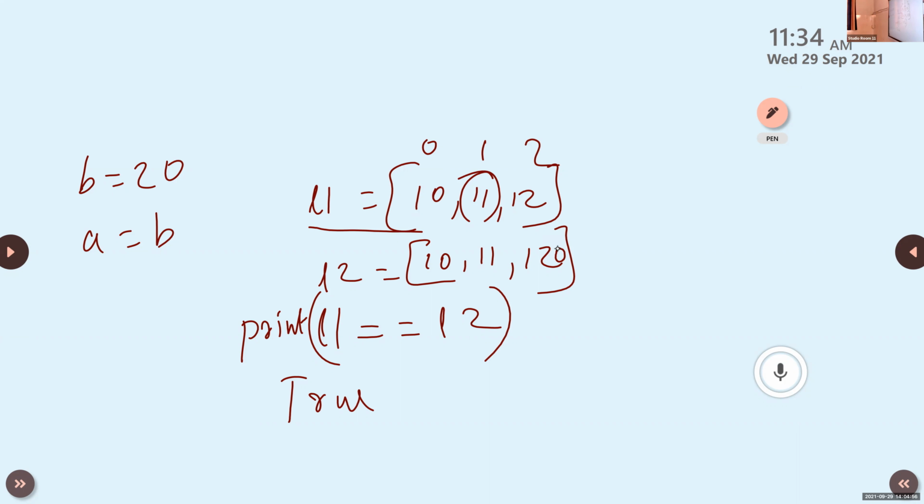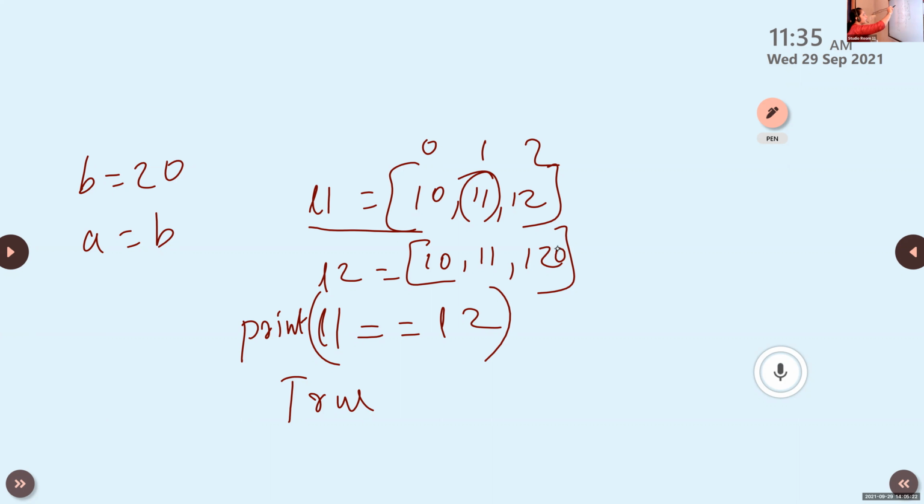It is just like our normal comparison. The comparison is based on the elements in order. First, it will check 10 equal to 10.